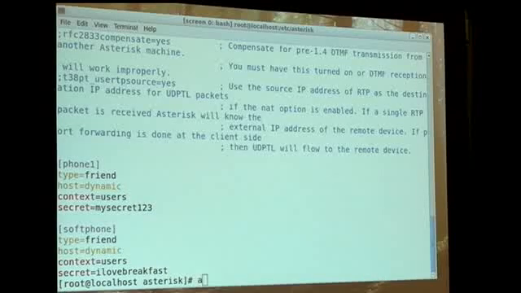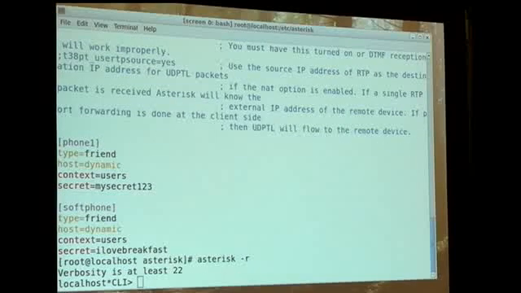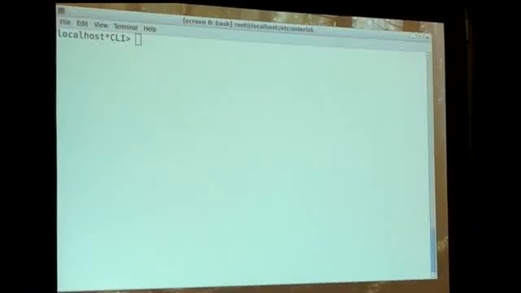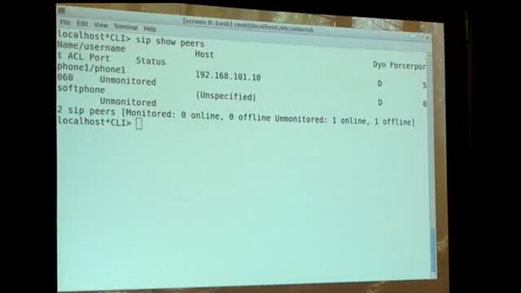Okay, one of the things that you can do after you have done that in sip.conf is we'll go into asterisk here. Here's our asterisk command line interface, and I can type sip show peers, and that's going to tell us what SIP peers we have defined out there. Notice we have one called phone 1, and we have one called soft phone. And phone 1, you see under the host column, it's got an IP address. That means that phone is coming registered to asterisk. It's told asterisk, hey, I'm at